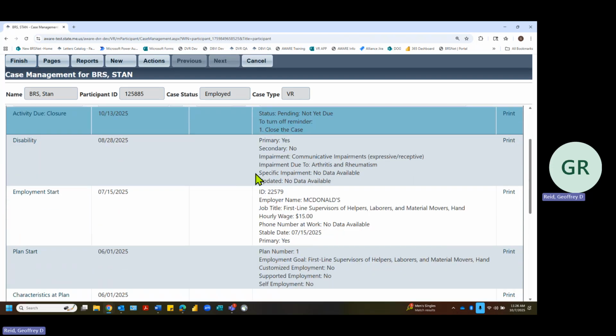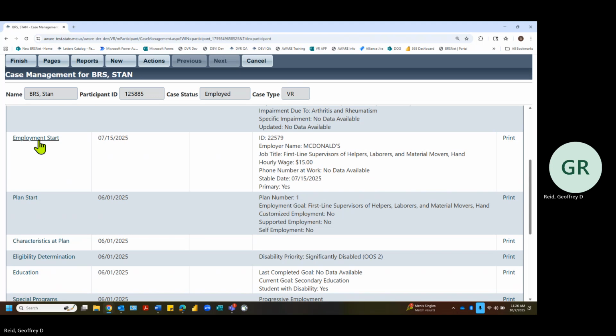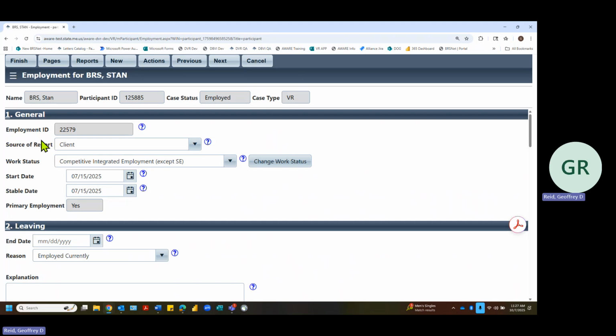The last piece is that your employment goal, first line supervisors of helpers, laborers, and material movers, does not match the job title in the employment record. In this instance, they do match, so this wouldn't be a barrier for me to close. In this example, it's just that the due date's not, the 90-day mark hasn't hit yet, and that will be in 6 days. So if these don't match, either go into your employment record, if appropriate,